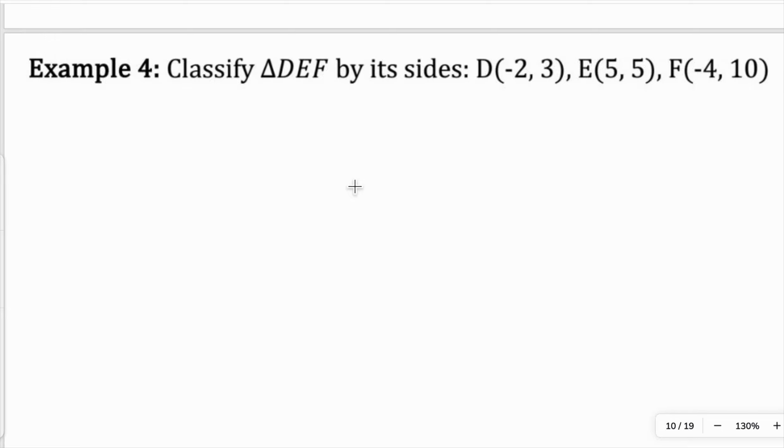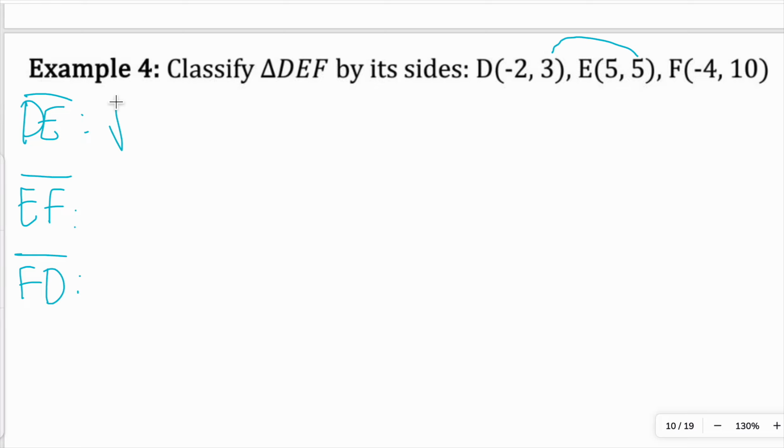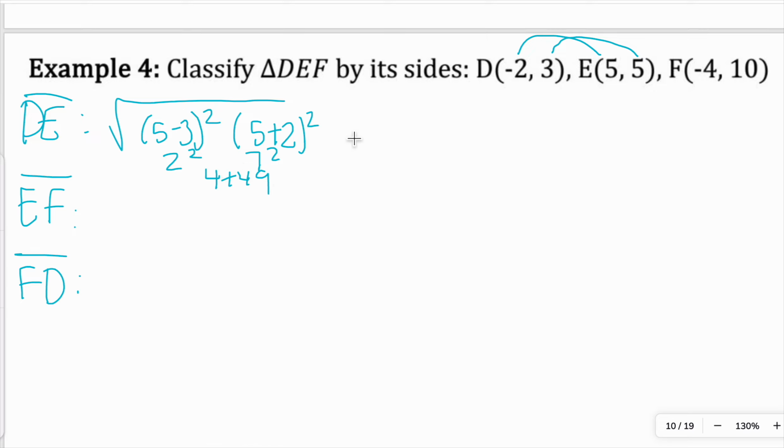The last question, we're classifying DEF by its sides. So what we can do is we can take DE's length and the segment EF and the segment FD and find their distance. So D to E, I did 5 minus 3 squared, and then 5 minus negative 2, which would be 5 plus 2 squared. So this is going to be 2 squared, 7 squared, or 4 plus 49,